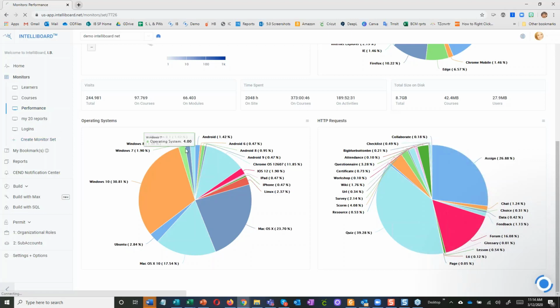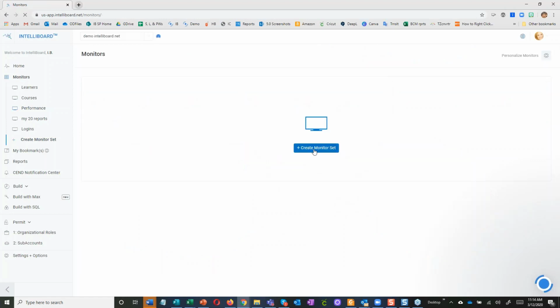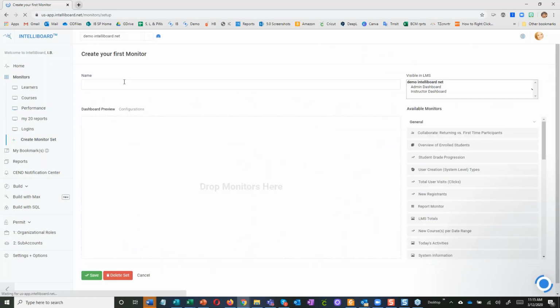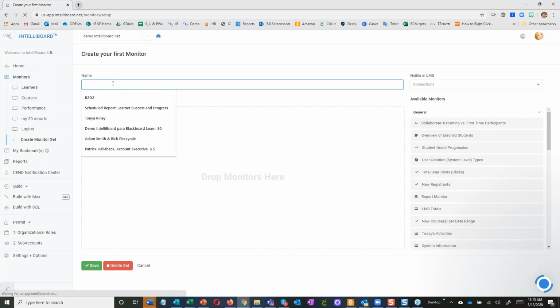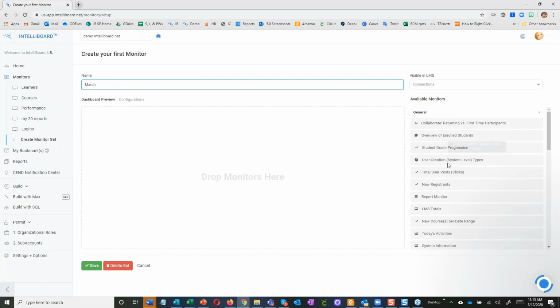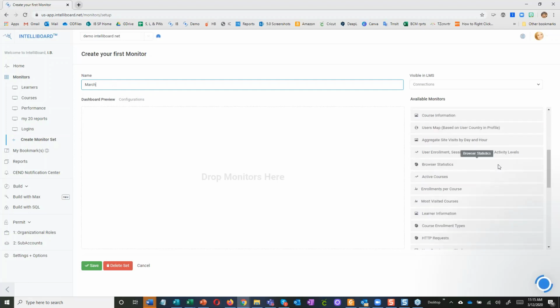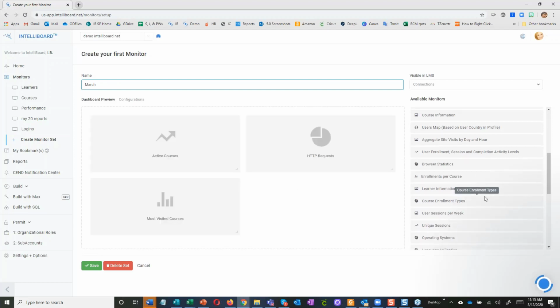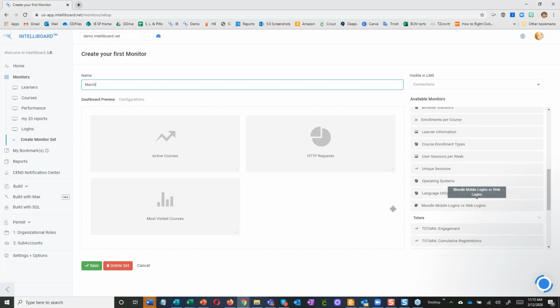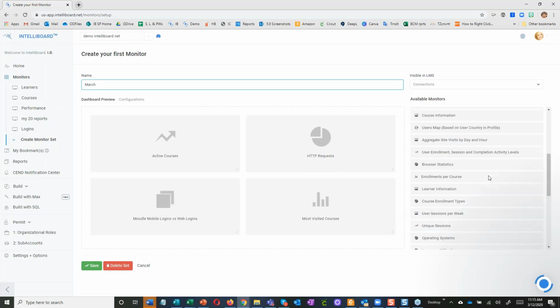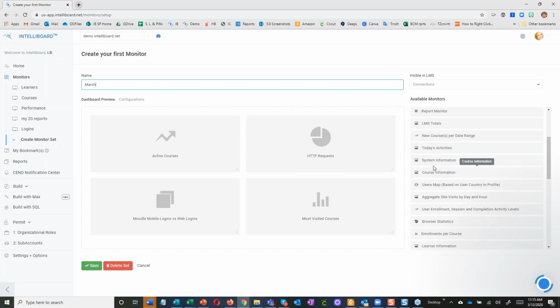It's really cool to be able to create a monitor set. So I will create this one, and since it's March, we'll call it March. And I'm going to grab a few monitor sets that I really like. I like these. I'll grab a few other ones just because I want you to be able to see that this is responsive.